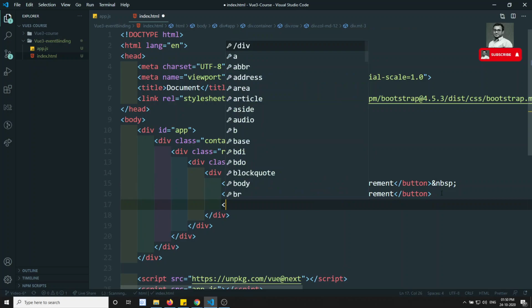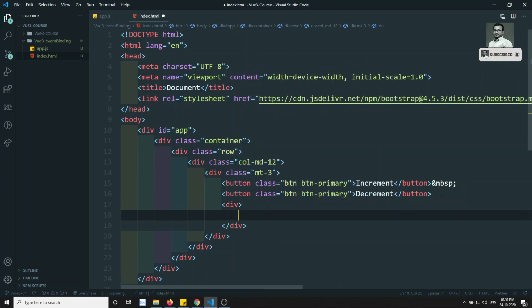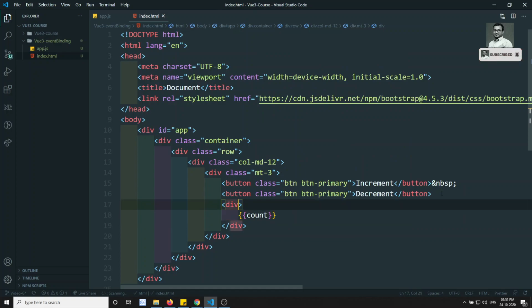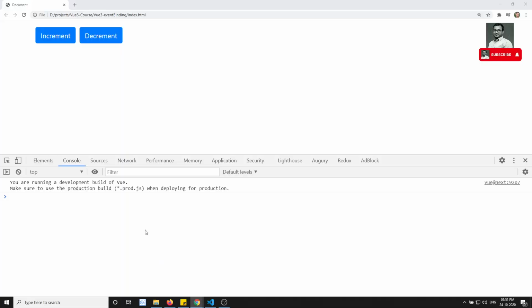So in a div, I show the count. Instead, I will use an h2, so that it will be a little bigger. Now if I refresh this, you will be able to see 0 as the output. Now when I click on this button, it should increment from 0 to 1, 2 like this. Upon clicking on this one, it has to increment by 1.